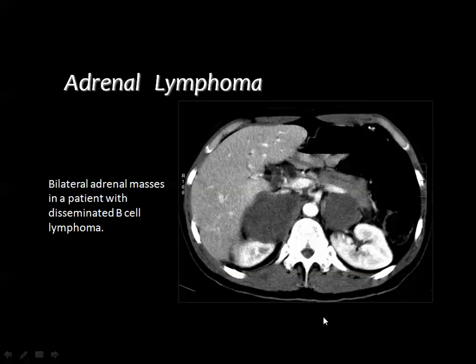You remember when we discussed the issue of the adrenal glands, we said that bilateral masses in the adrenal glands include so many diagnostic possibilities like lymphoma, metastasis, bilateral pheochromocytoma, bilateral adrenocortical carcinoma, and there are a lot of possibilities,